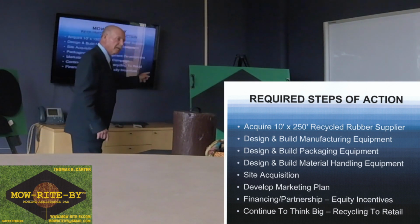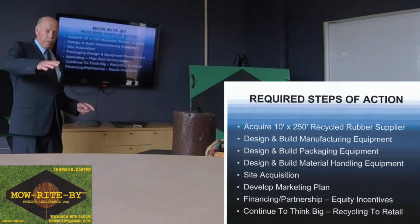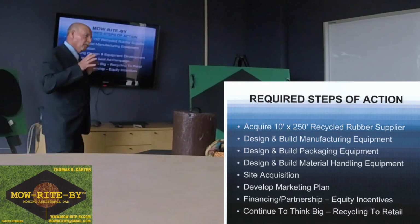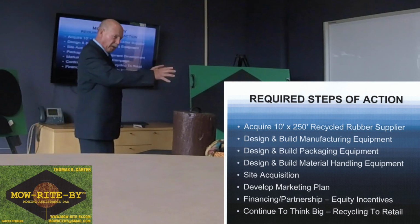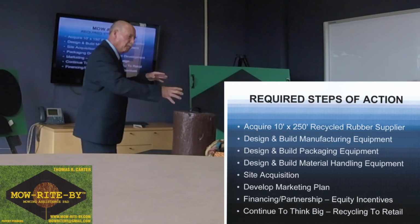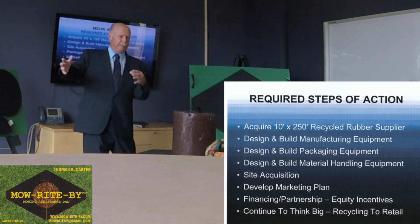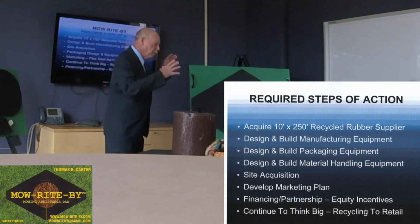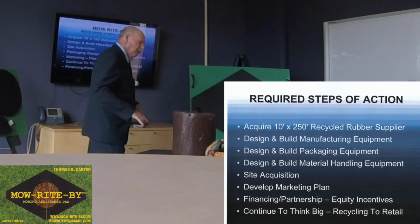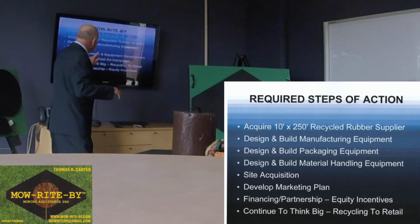Recycling to retail. I'm talking a complex. I'm talking 40 acres, 50 acres, huge building. We start with the recycled tires coming in. We shred them. In the same building, you convey them up to a pile. You don't pack them in bags and ship them to Kinetic Rubber. You put them in a pile like a grain elevator would with grain. You have a front loader come over and you come to the 10 by